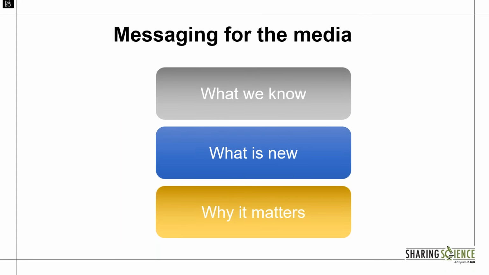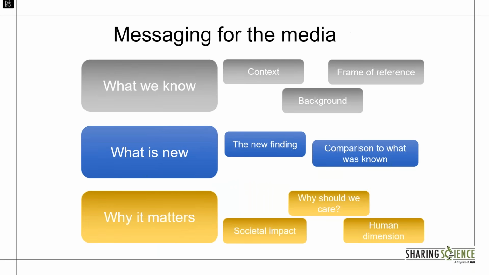Now, this is not to say that when you talk with a journalist, you have to reverse how you talk about what you're saying, just to realize which areas they're going to be placing more of an emphasis on, so that you can be more aware in advance of what they're going to be looking for. Okay, so speaking of that, let's talk a little bit more about developing your message when you're talking with the media.